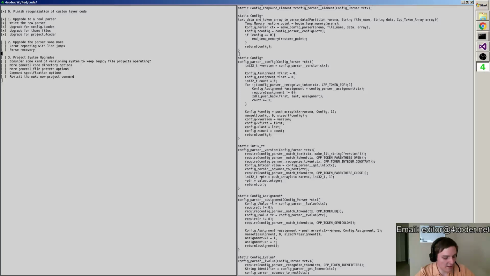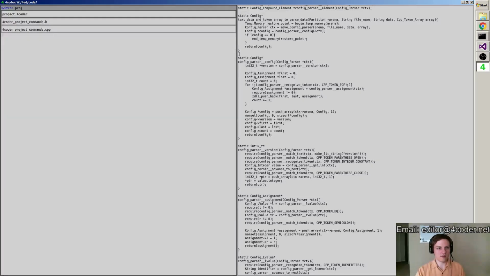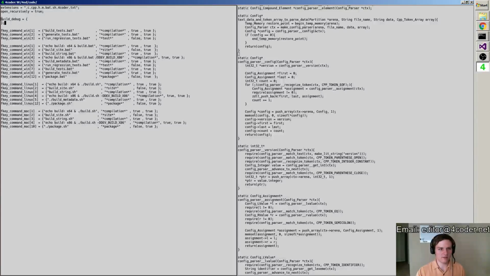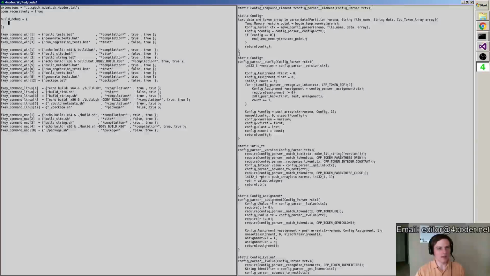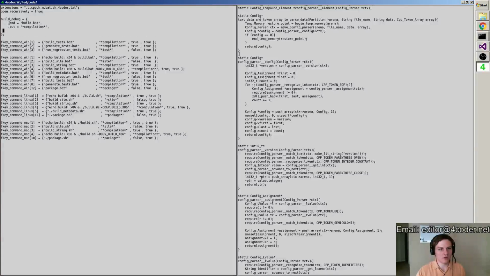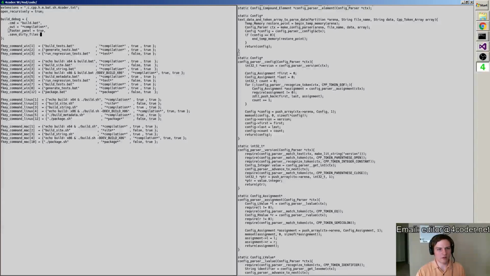prevents you from doing things like, suppose I'm in my project file and I want to eventually get to the point where I can just say something like, okay, I'm going to have my build debug, and then build debug is going to be something that I just declared right here, and the way we do that is build.bat. We output the changes to compilation. Footer panel, we use that, and save dirty files, we use that too, right?